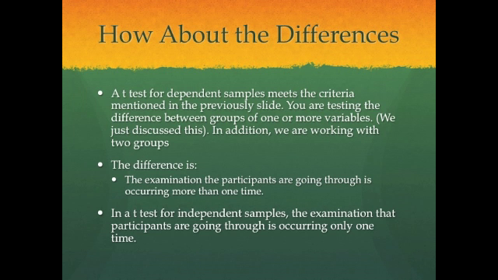Like I just mentioned, the t-test for dependent samples does meet the criteria in that we are testing the difference between groups of one or more variables. In addition, we are working with two groups. The specific difference is that within the t-test for dependent samples, the examination the participants are going through is occurring more than one time. So, for example, there's a pre-test and then there may be a post-test. That's different than the t-test for independent samples in that the examination the participants are going through is occurring only